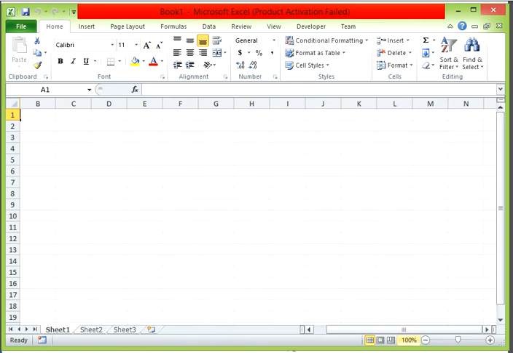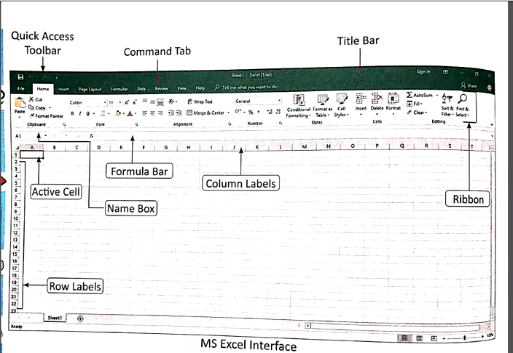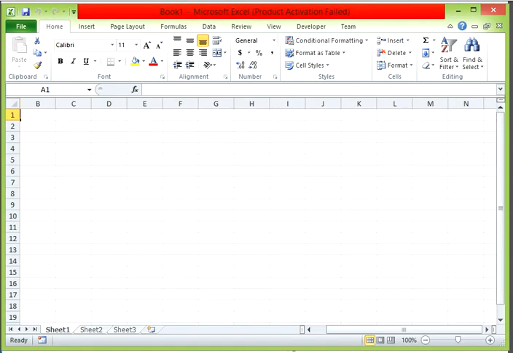Let's see the image and then I will explain it to you. This first box is known as the name box. This box is known as the formula box. This whole area is known as the ribbon area. The name box shows the active cell, the current cell. These are row labels, these are column labels. First one is the Quick Access Toolbar, from here to here. This is known as the title bar. These are the minimize, maximize and close buttons. This is the command interface or command menu bar. This is group 1, Clipboard, Font. The whole complete area is known as the ribbon area.